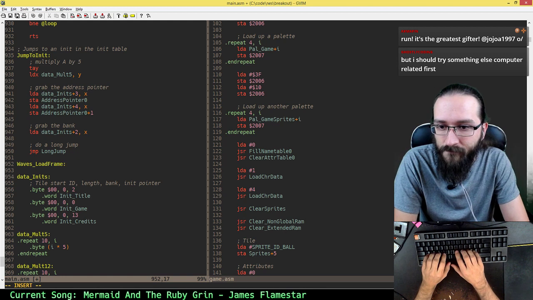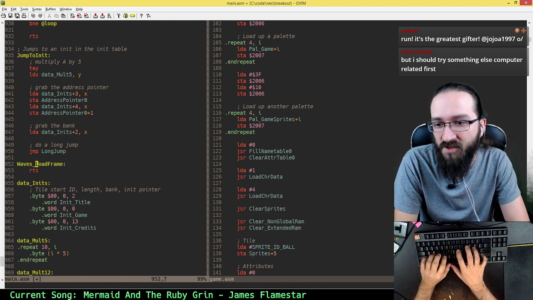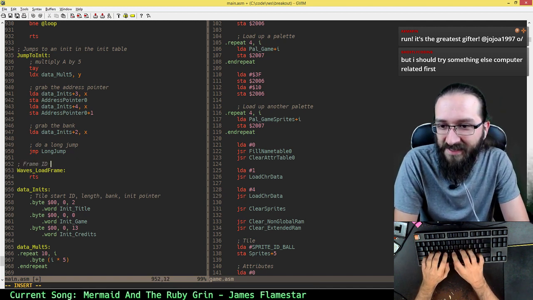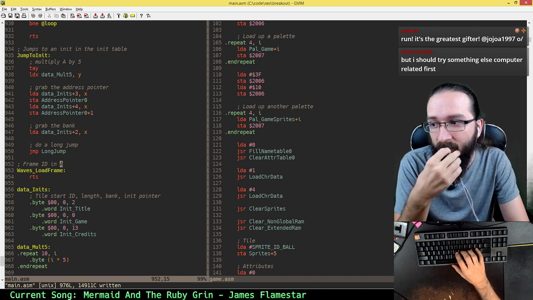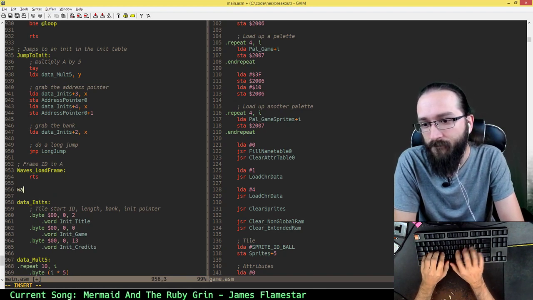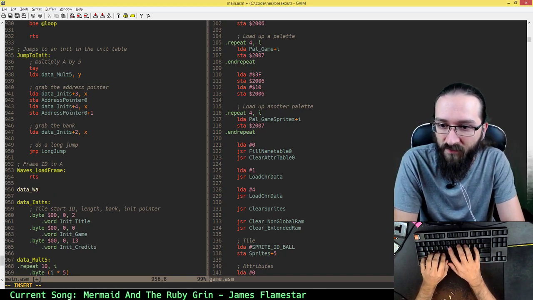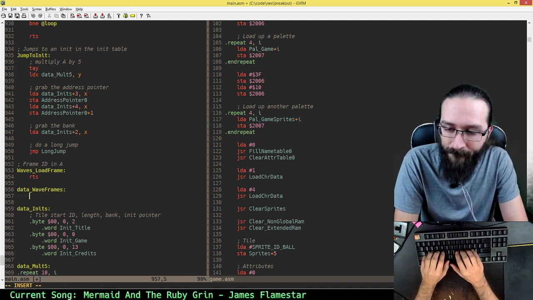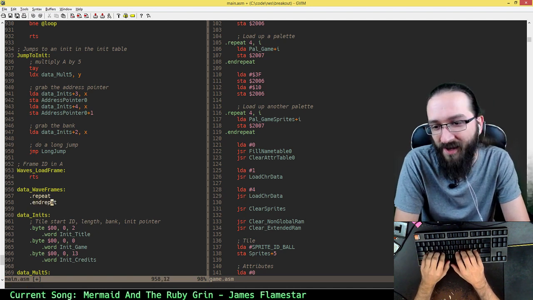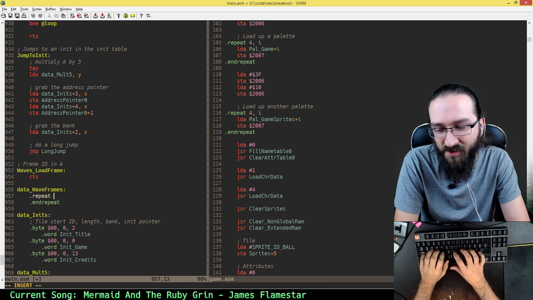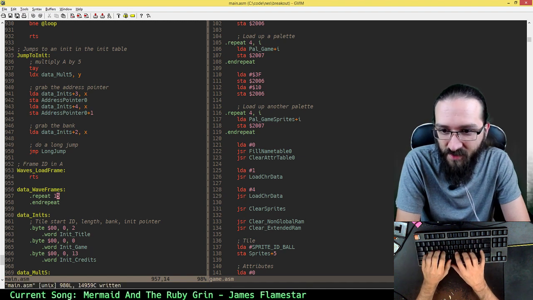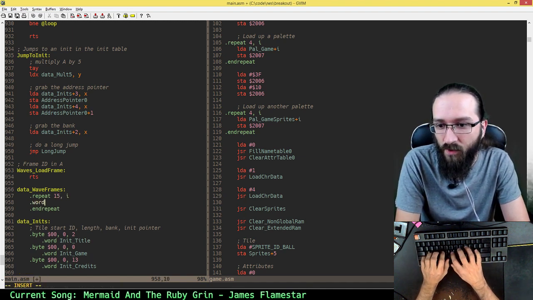Load frame. And this is going to have frame ID in A, like that. And I am going to want a lookup table for the start of these frames, right? Data word frames, dot repeat and an end repeat. So this is going to repeat 15 times. 15 times. Have that. And that word is going to be